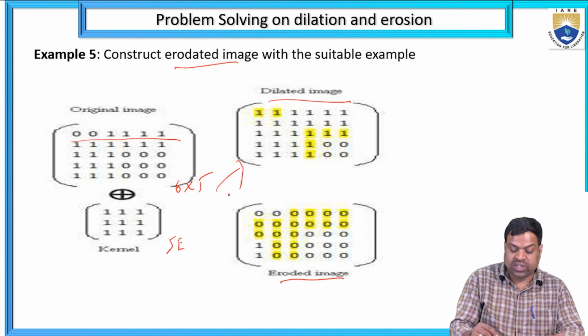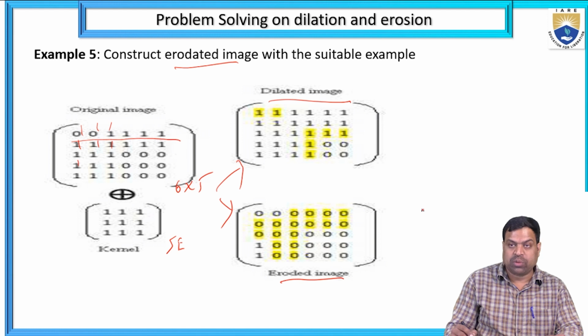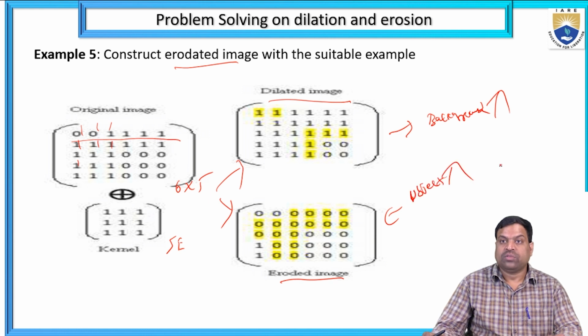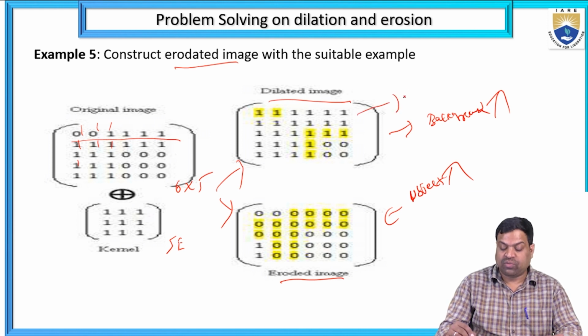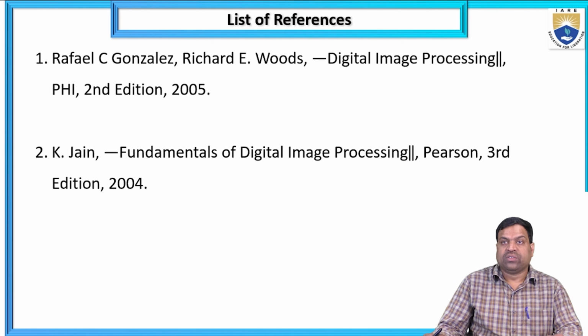So if I am applying this one, dilation and erosion, I am mapped with 1. I am comparing all those things. Okay. How many are mapped? If mapped means 1. If not mapped means 0. Here what will happen? Background will be improved. So here what will happen? Object will be improved. Okay, like this. Number of ones are improved. Once improved means white improved. Here black improved. Black means zeros are improved. Okay, so